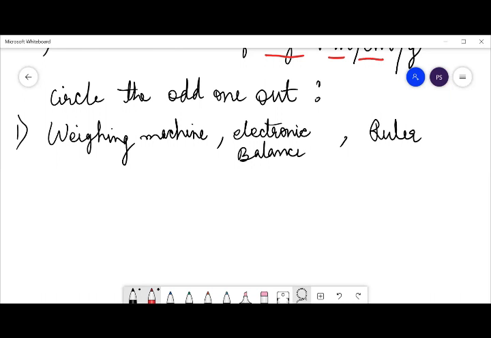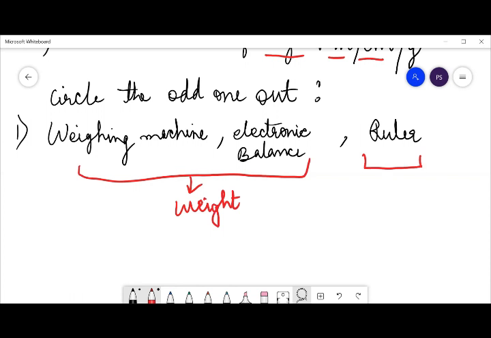See, these two equipments, electronic balance and weighing machine, are the tools to measure weight. We have studied them just now. And ruler is used to measure length. So the odd one will be ruler. Now the next question is,